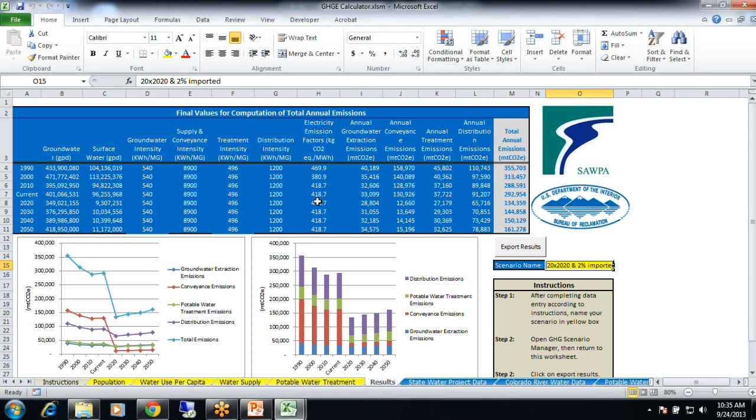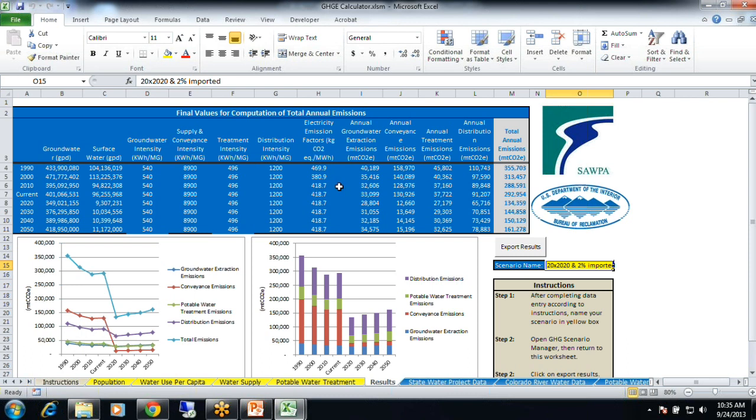Then starting here, you have your greenhouse gas emissions. The reason these don't stay the same, even though we're using the default energy intensities, is because the greenhouse gas emissions factors for historical data I actually have for California. Like I said, that's in the last tab.